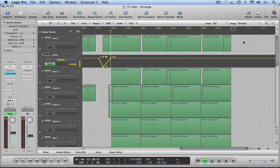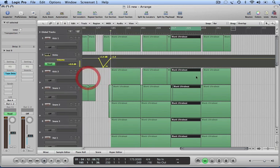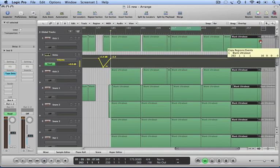And then just to make a simple outro, just going to take the section between 217 and 233, and just going to go to edit, select inside locators, and just click on this, copy it. Copy the automation data, and then copy it again,